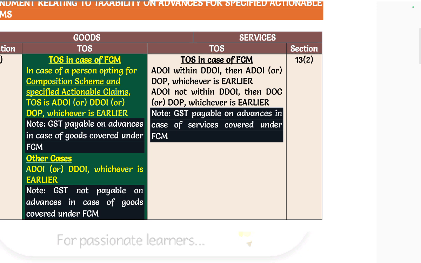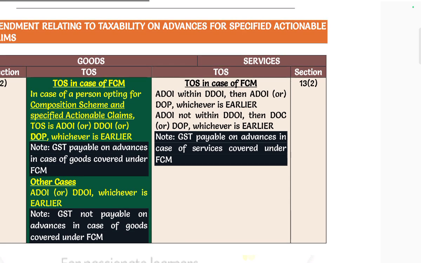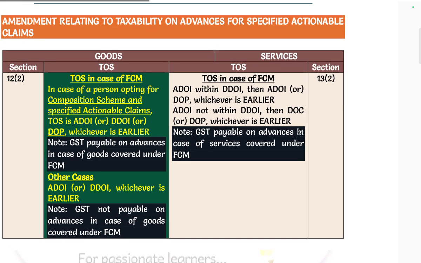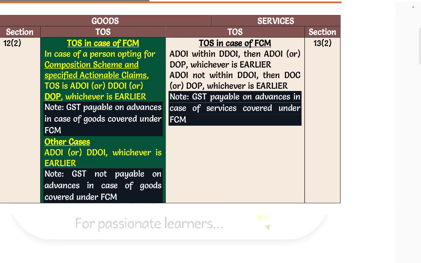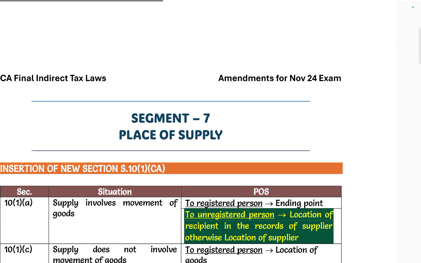Date of payment to supplier. Okay, like taxability in advance. Okay, taxability in advance, is it? Yearly, which is yearly. Date of advances or date of duration of duty or something. Okay, but yearly. Place of supply,